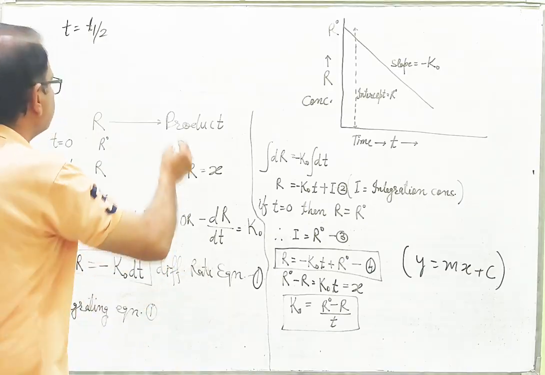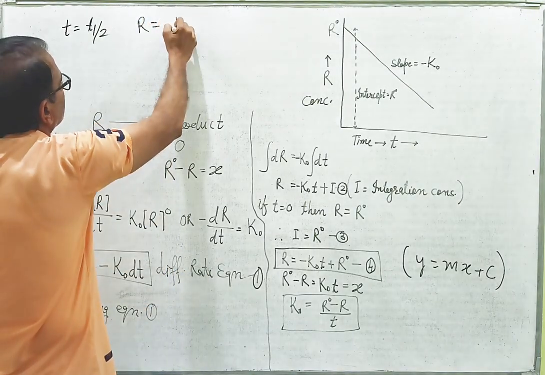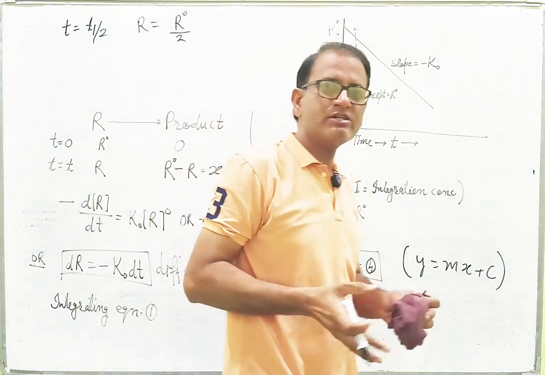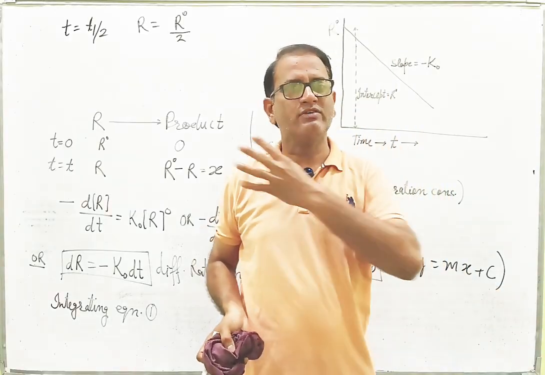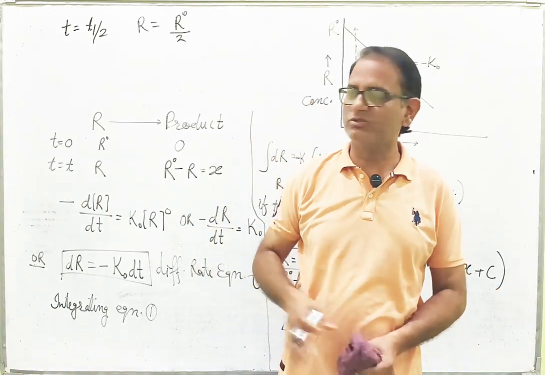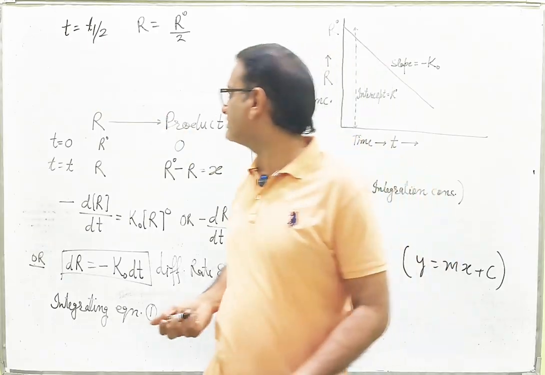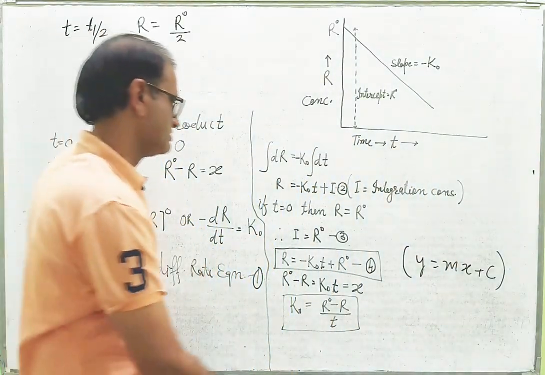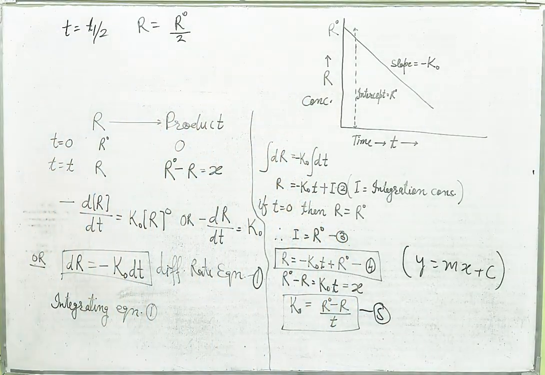Then R will be equal to R naught upon 2, meaning 50% of the reactant is left and 50% of the reactant is converted into product. So that time will be t half of that reaction. If we put this value in this equation, suppose it is equation number 5, then what we will get is